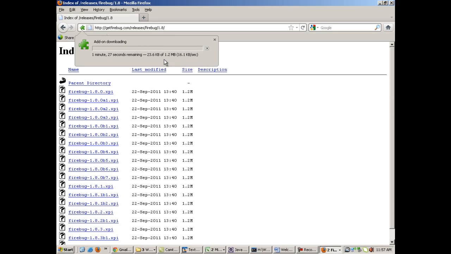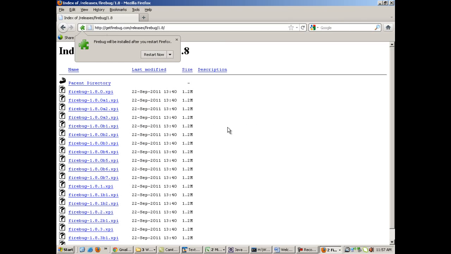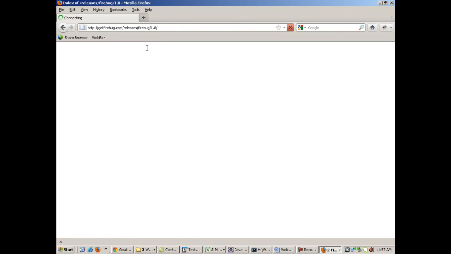It will just take a little bit of time and it will be installed on your Mozilla as an add-on. Now after it's installed you need to restart your Mozilla. You click on restart now and Mozilla Firefox will be restarted